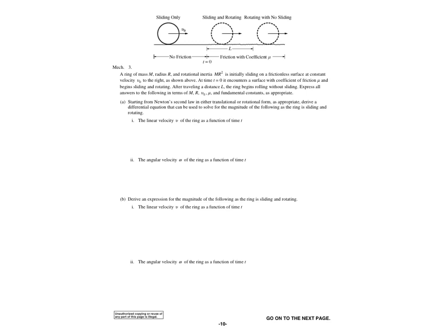Okay, so this is a little bit of a tricky one to look at. So basically, on this first part, we're sliding with no friction until we get to point L. When we get to L, where they start measuring L, we've got this distance L where we are sliding and rotating. And then once we get past there, we're just rotating. Okay? So basically,